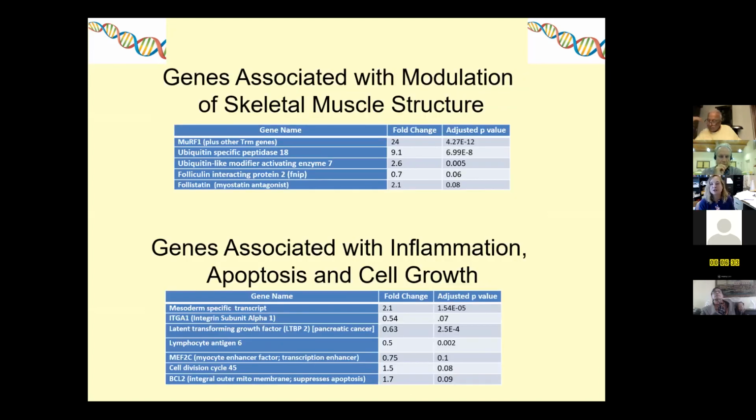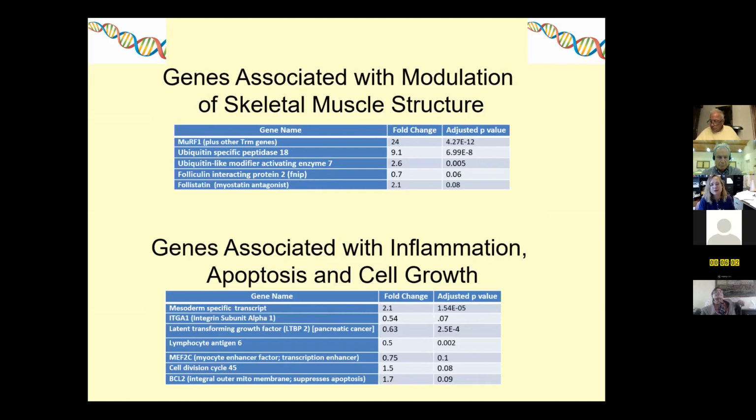There are other genes associated with modulation of the skeletal muscle structure. MuRF is one of the ones we talked about with the UPP, but also the ubiquitin-specific peptidase 18, ubiquitin-like modifier activating enzyme, folliculin interacting protein, follistatin, which is a myostatin antagonist. Also, genes associated with inflammation, apoptosis, and cell growth are affected. Most of these we see are downregulated, or very moderately